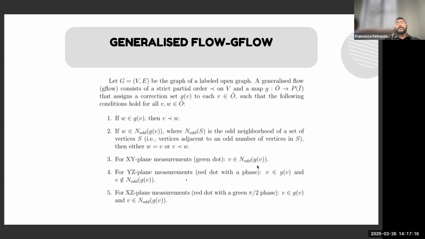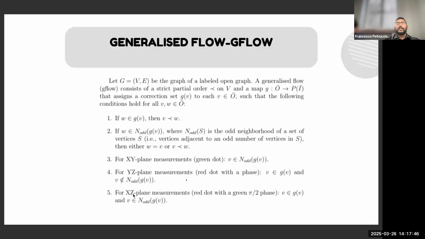And this is due to the fact that the odd neighborhood of the correction set are precisely the vertices that get the extra pi phase, but these are the ones that get the green pi phase. And for the YZ plane measurements, we want V to be in G of V, in the correction set itself, because G of V are precisely the vertices that are going to get the extra red pi phase. And we don't want it to get the green pi phase, so we also require it to be not in